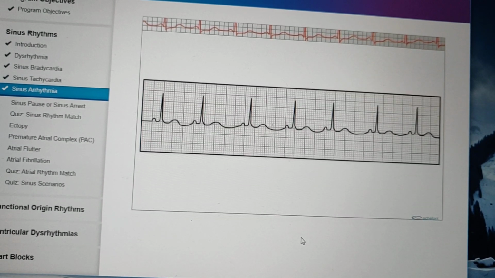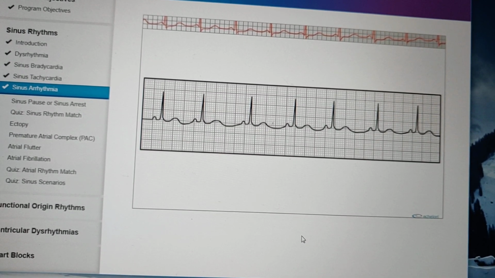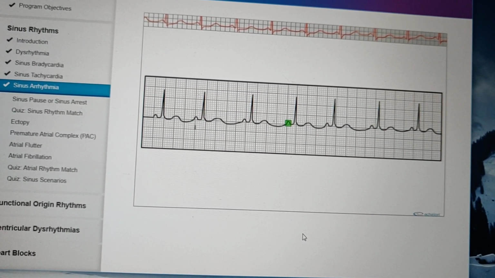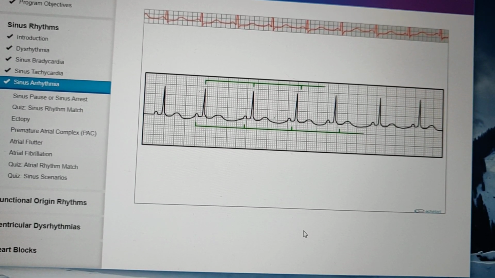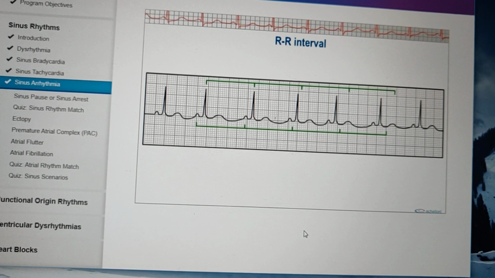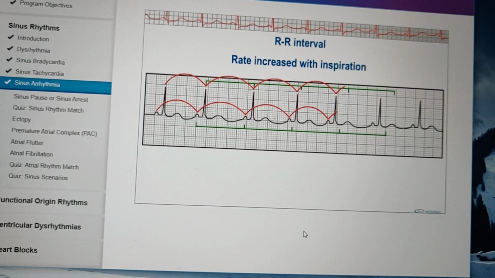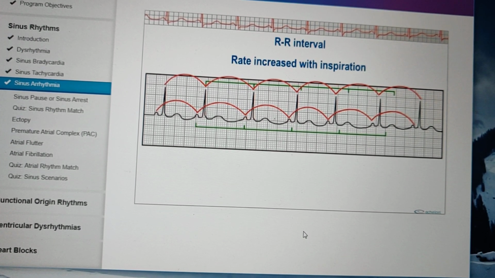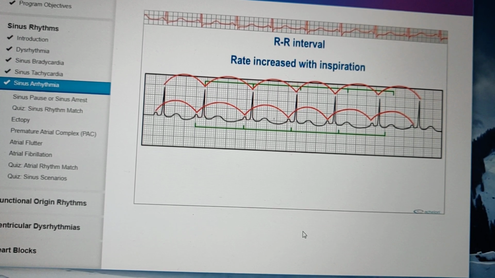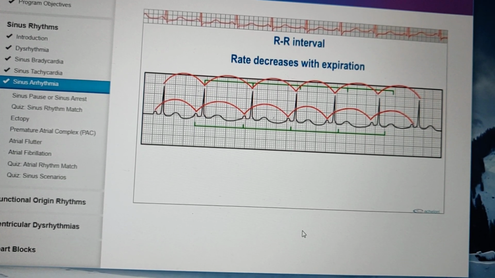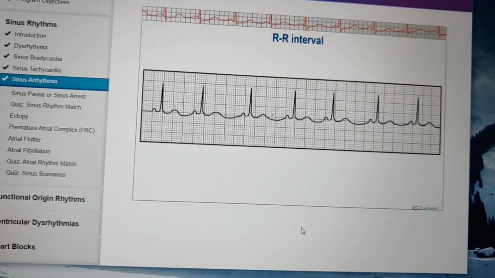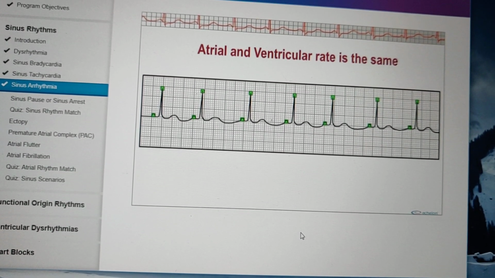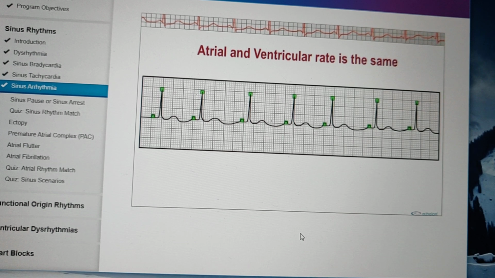Sinus arrhythmias follow all the criteria for normal sinus rhythms, except that the P waves and the QRSs do not march out. The distance between the P to P and the R to R is irregular, and the rate increases with inspiration, which means the R to R intervals shorten, and then decreases with expiration, when the R to R intervals lengthen. With sinus arrhythmias, the atrial and ventricular rate is the same because the sinus node is still firing,